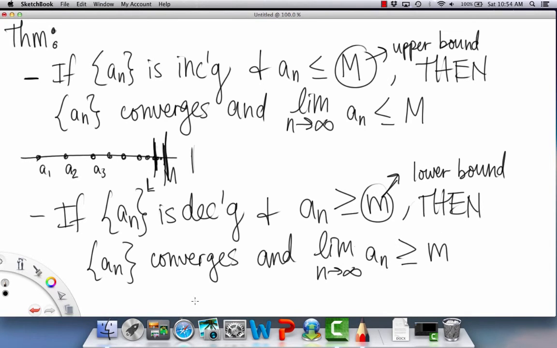So on the other hand, in this one, let's say A1's here, and then A2, and we're going along to the left, because we said it's decreasing. But then we have a lower bound of little m. As we go along, our values still have to keep moving left, but they're going to approach this little m here. So our limit either has to be to the right of this m, or it has to be on it. It cannot go to the left of it, because that would be less than little m, which is not allowed because m is our lower bound. Okay? So that pretty much